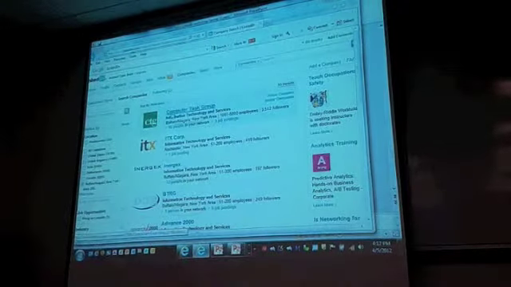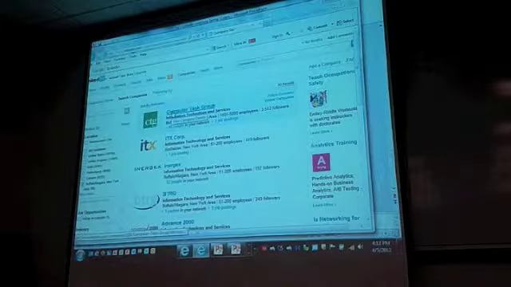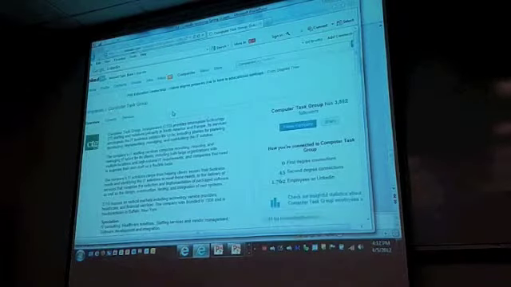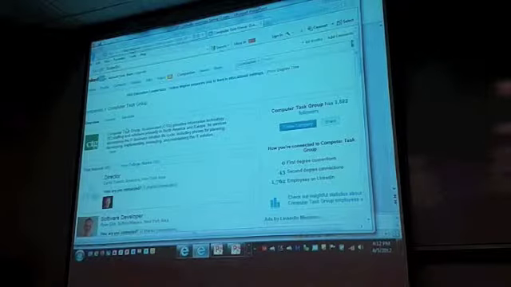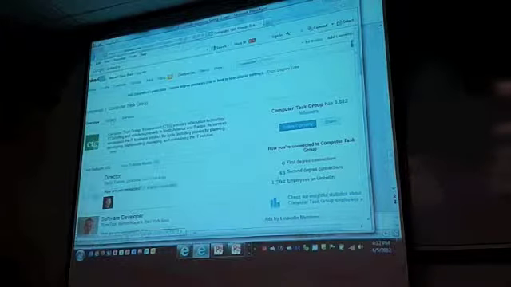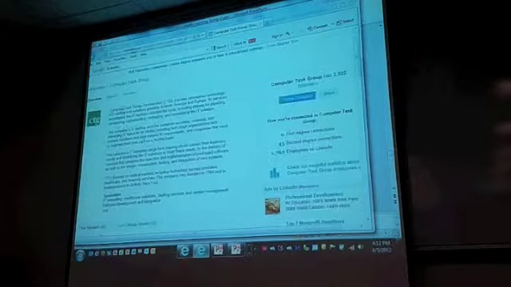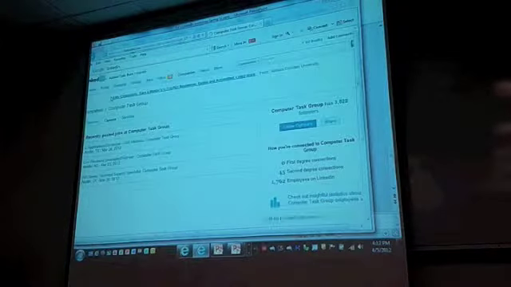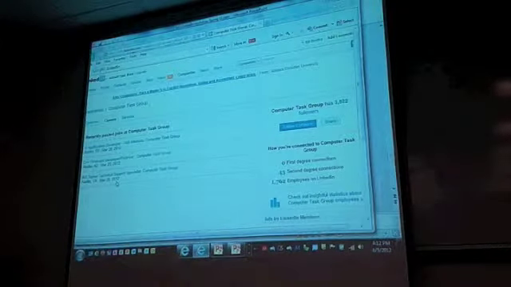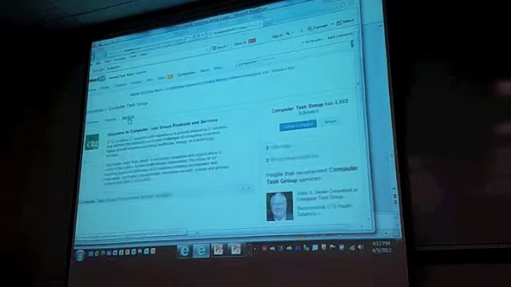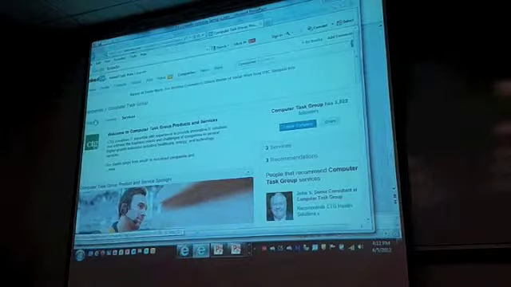So now let's go to computer task group. So now I click on computer task group. And what does it show me? It shows me career, it shows me an overview of the company. It's going to show me careers in that company, like jobs that might be there. Services, I'm not even sure what services is. But if I go to the overview,